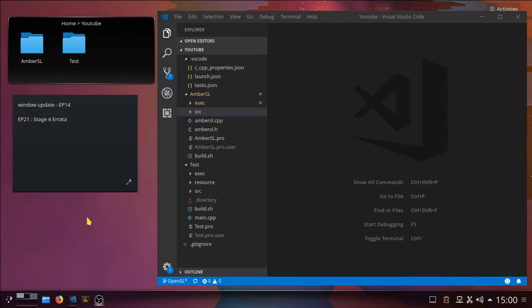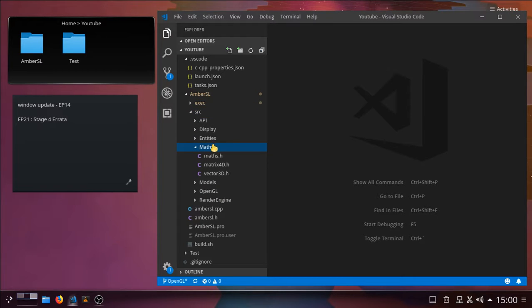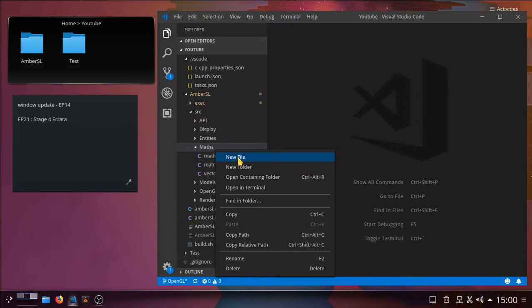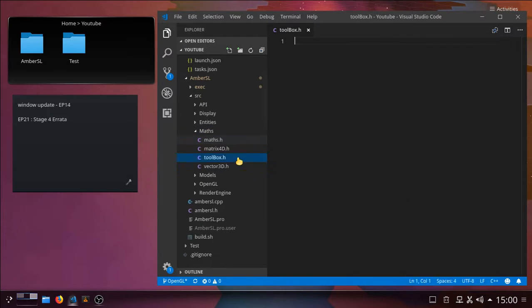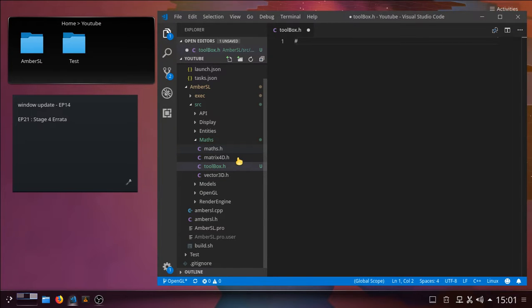Here we are. Let's do it. So I messed up. I'll hold my hand up on this one. I messed up big time, because what I didn't do with our maths is make a new file and call it toolbox.h. We could do it in lowercase, I think. Toolbox.h. Let's do it in the correct standards. And it's a hash pragma once,